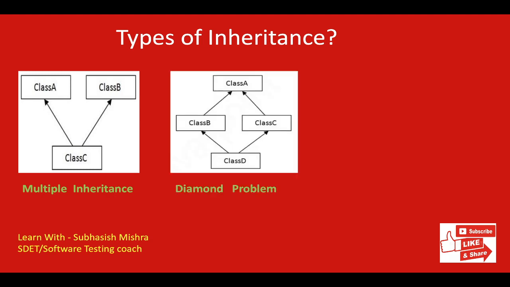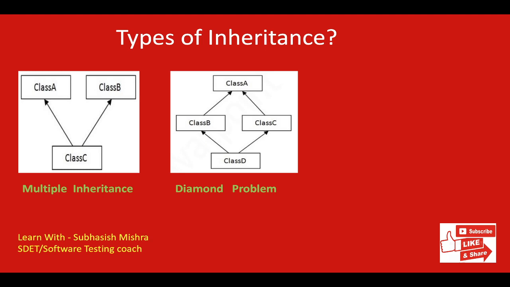We'll discuss this problem with the help of this diagram. This you can also call a hybrid inheritance, which shows multiple inheritance as class D extends both class B and C, and class B is extending class A, and class C is extending class A. So let's assume we have a method in class A, and class B and C override that method in their own way. Here the problem comes, right?